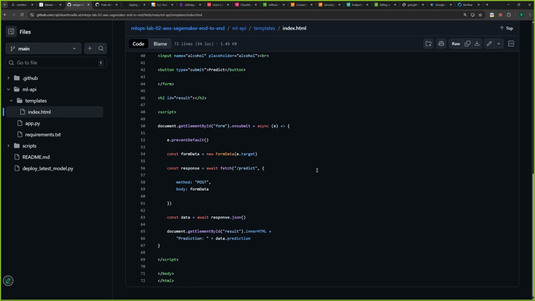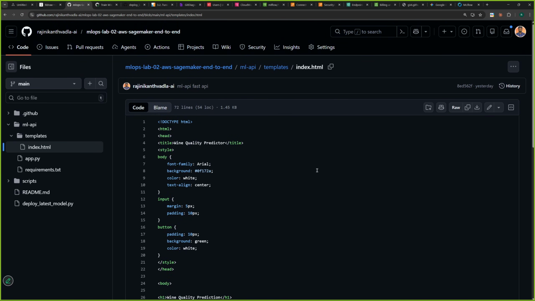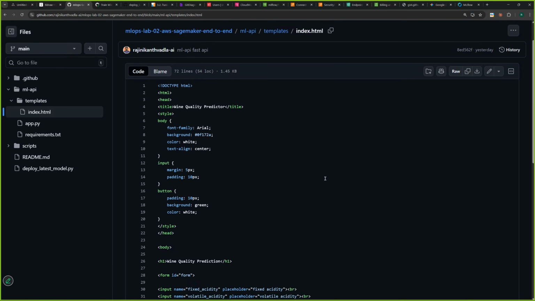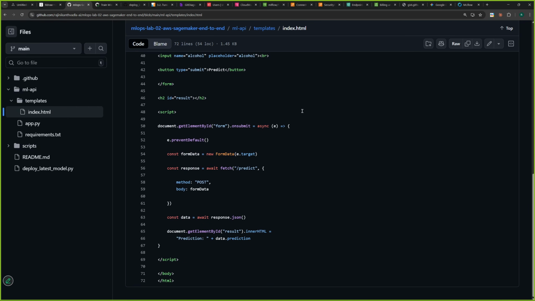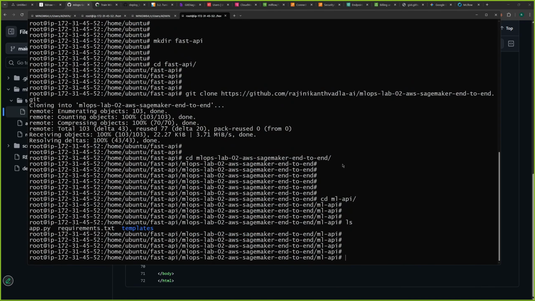If I run this python3 app.py, it is going to run, and I should be able to see this in the UI, where I have to pass some of the inputs from the UI, so that FastAPI will take that and give the result to us. Okay, so let me go, and since it is already there,